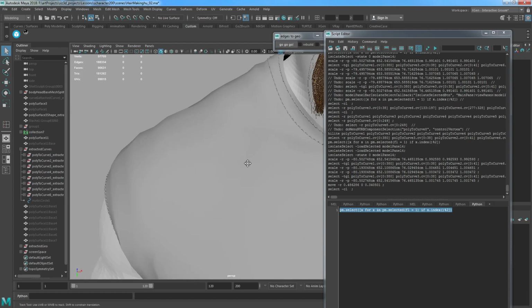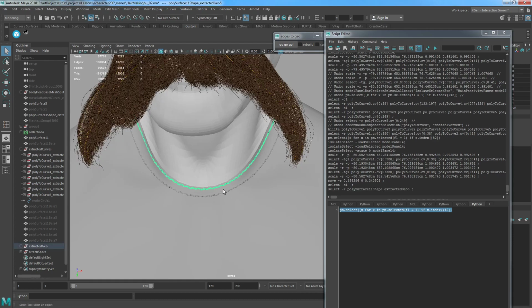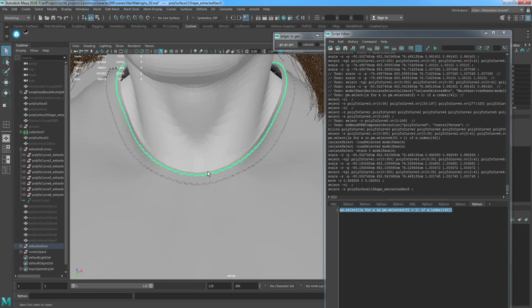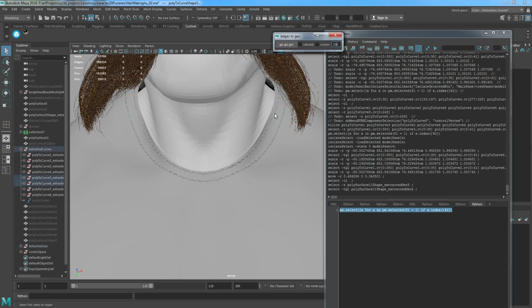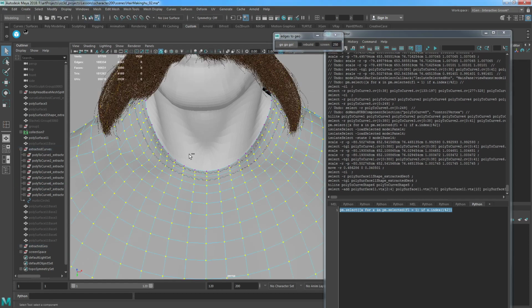It's a bit slow, and in some areas you might have to go in and scale some of them in. Again, I'm not using any fancy scripts for the moving of the points. If this method becomes more popular, which I don't know if it would, for me at least, it saved me some time in certain cases where I've really needed a quick way to follow around an edge loop, especially if the shape was very complex and I was like, okay, I'm not painting that. So in this case, again, I can go back to my CV selection,